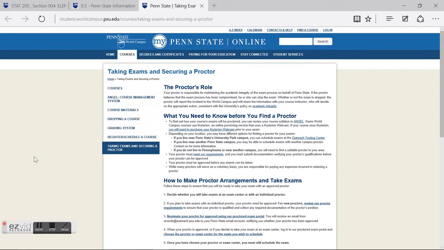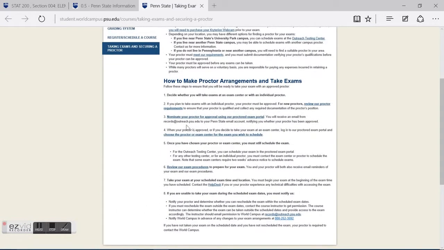And if you don't live on campus, as many of you don't, you can find somebody in your community. You can go to a library. You can ask a member of a church, or any kind of religious leader. That's fine. If you're in the military, someone who is higher than you in rank, and many more actually. There are lots of different people who could be proctors for you,